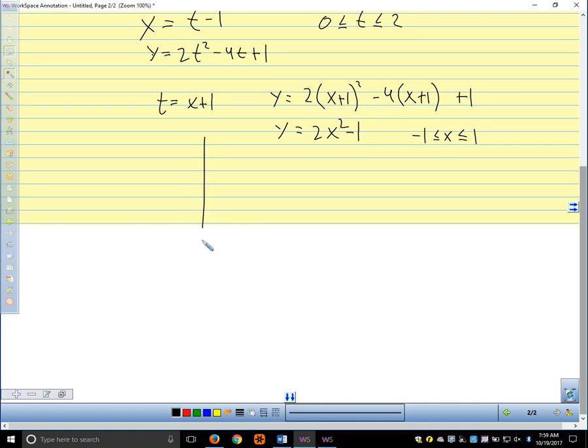And if we sketch a quick graph, we get something like this. I'm just putting some points here. We get a nice parabola. So we go from (-1, 1) to (1, 1), and this is (0, -1). And the other thing that happens with a set of parametric equations